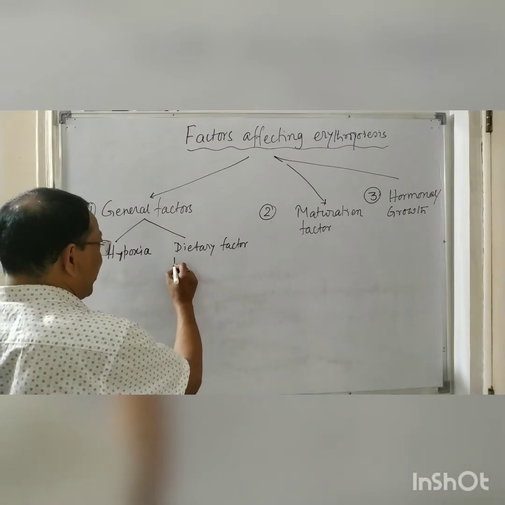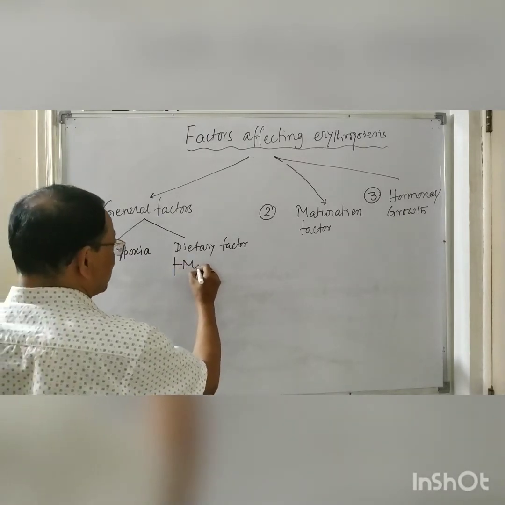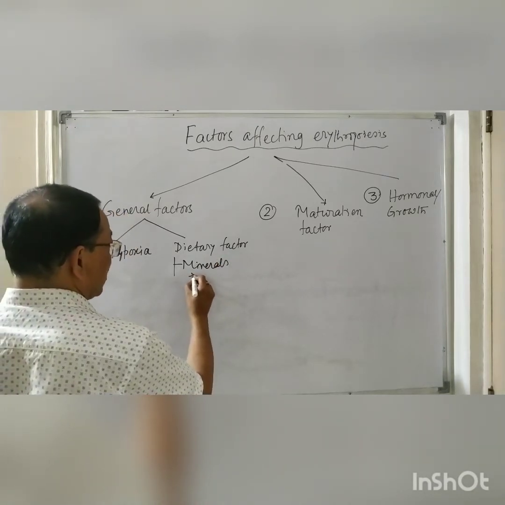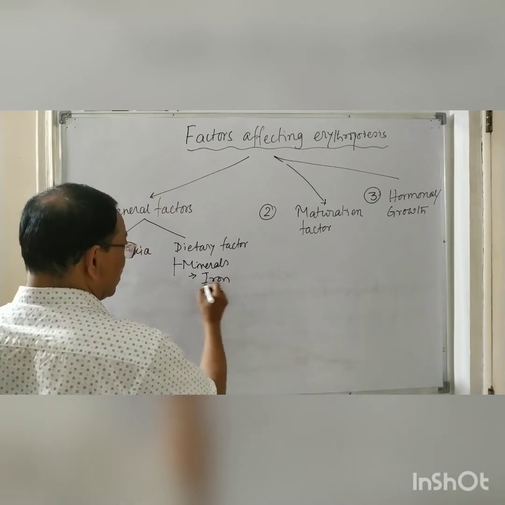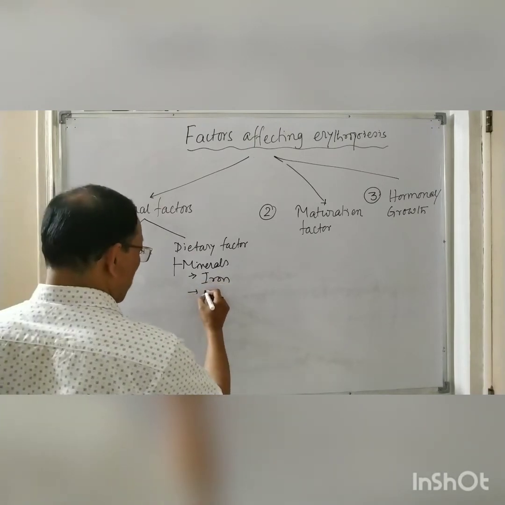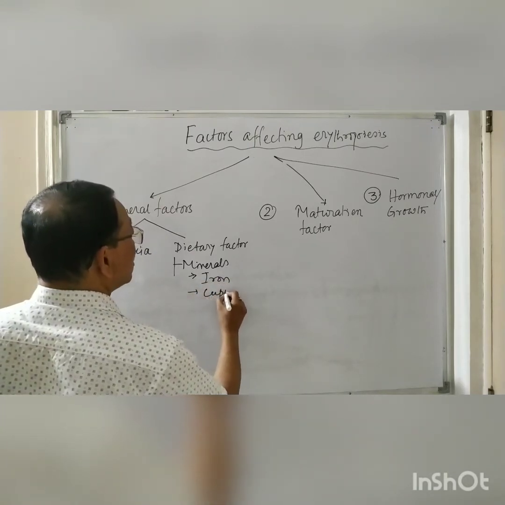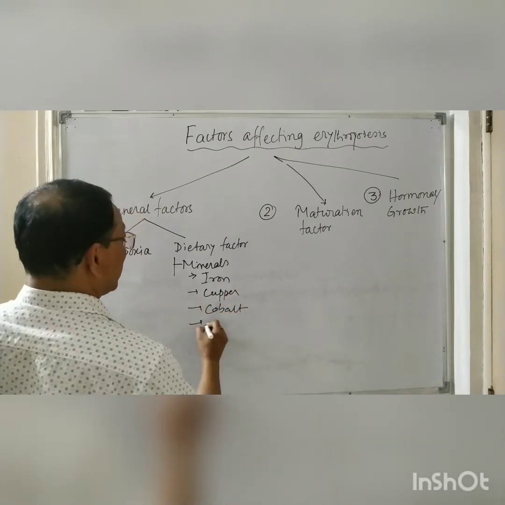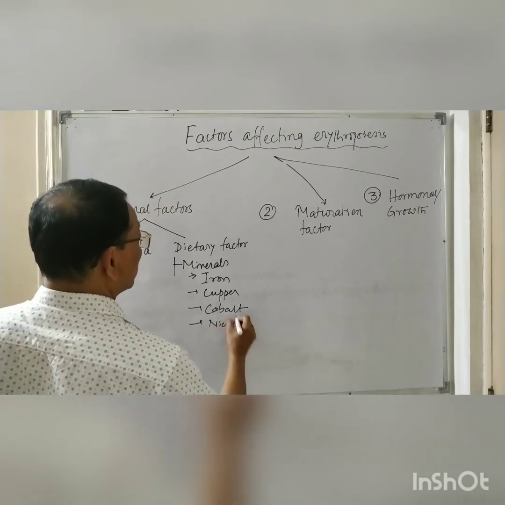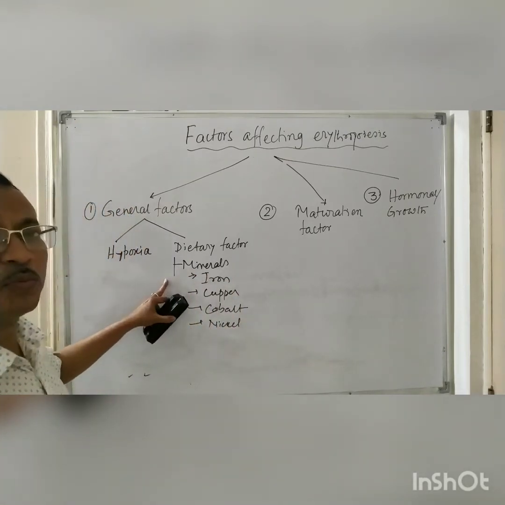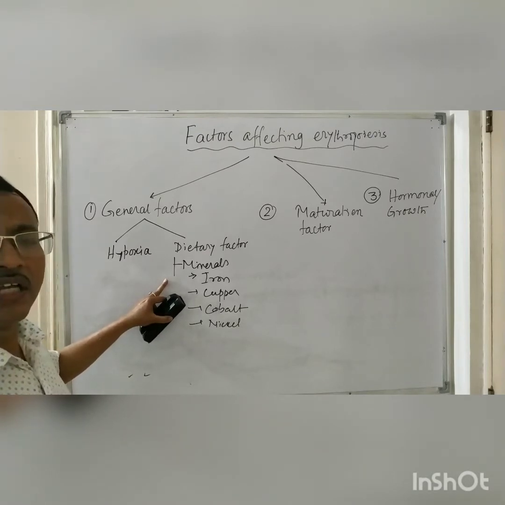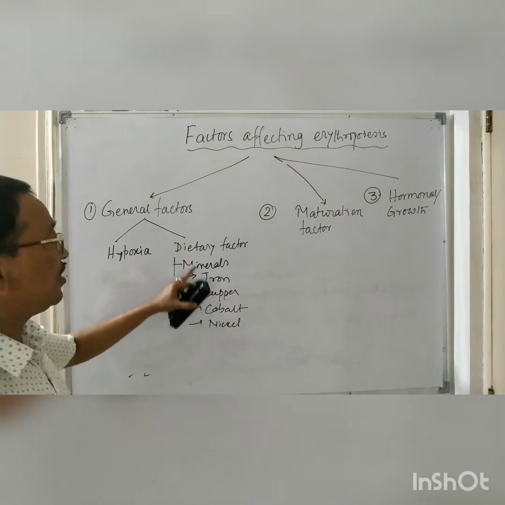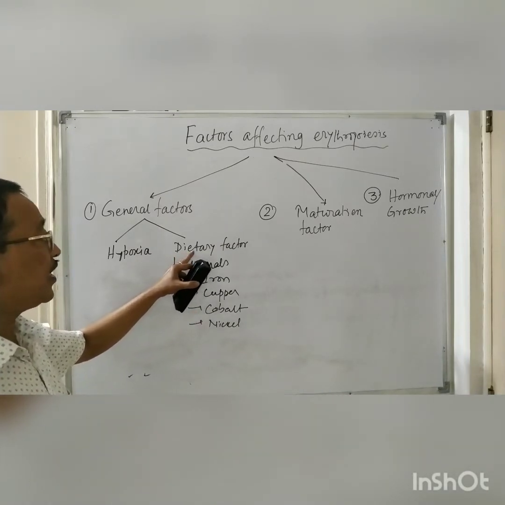So dietary factor includes different minerals. What are the minerals? Chiefly, there is the iron, there is the copper, there is cobalt, and there is nickel. So these are the chief minerals which are responsible for increasing the rate of erythropoiesis, and these are available in the diet and thereby included within